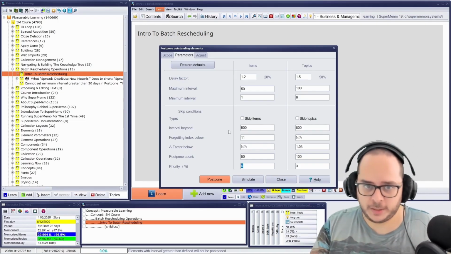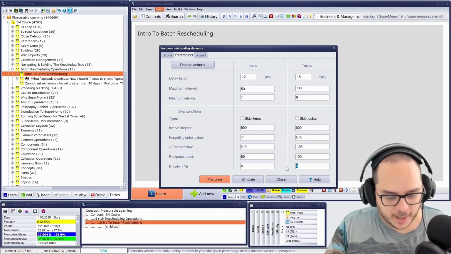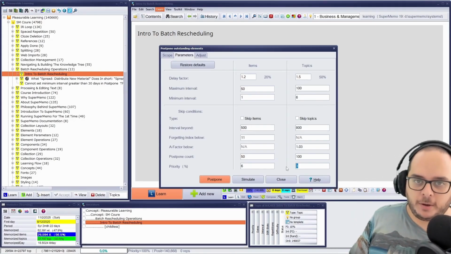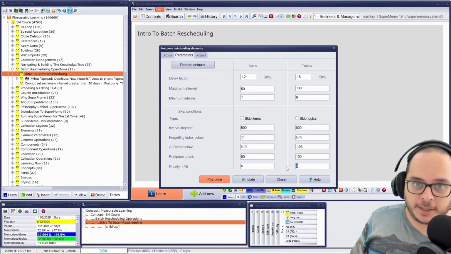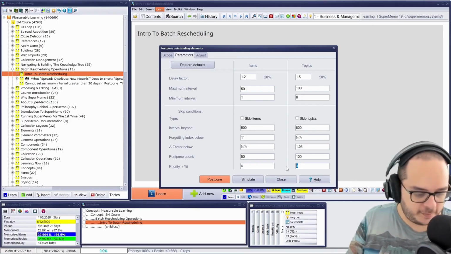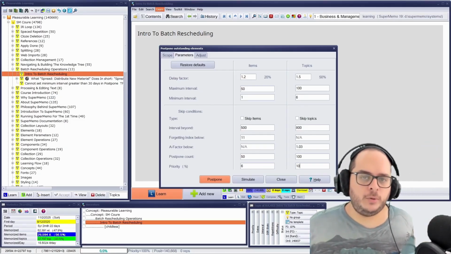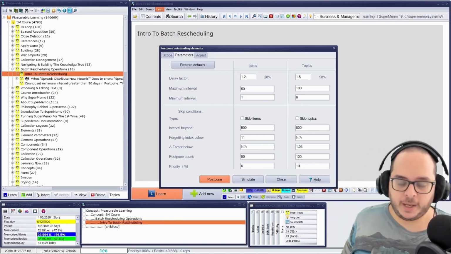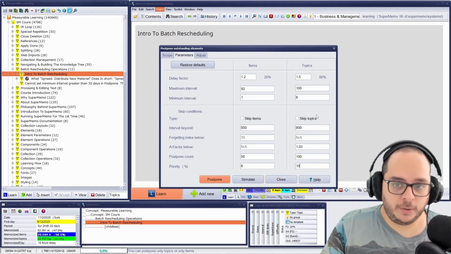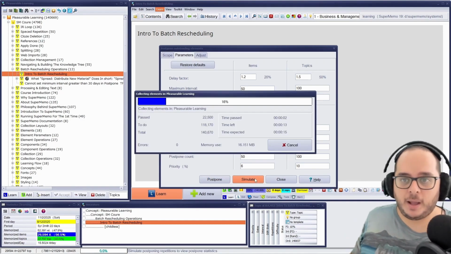And the same for topics, but for topics you don't want the same criteria. For instance, for me, 3% is already quite good, because that's already above my priority protection, by the way. Depends how many topics you have. Perhaps it will be 10% or whatever you want. We are not going to cherry-pick cases here. We will do that in the mastery track. Just to let you know that whatever you do, you can click on simulate and see how many elements will be skipped.